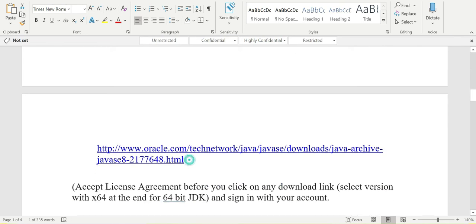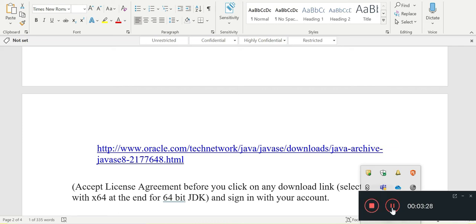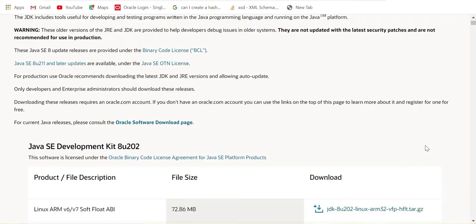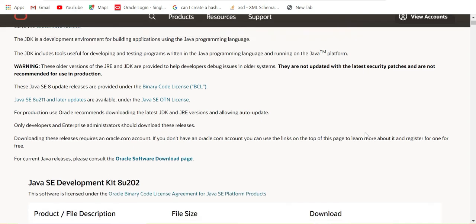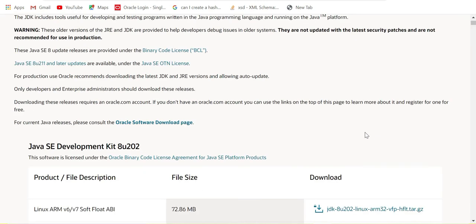I will copy this link and open it in my browser. I have opened the link in the browser, and you'll get this page. I'll be installing the Java development kit, that is the JDK, latest version 1.8.